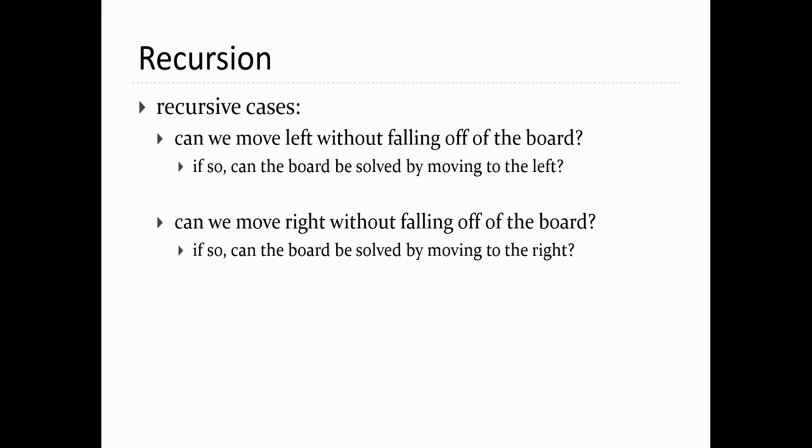If the answer is yes, you reuse your method to solve the problem: can I solve the board by moving left? Then you ask the question, can you move right without falling off the board? If the answer is yes, you use the recursive method to solve the problem: can the board be solved if I move to the right? Okay,